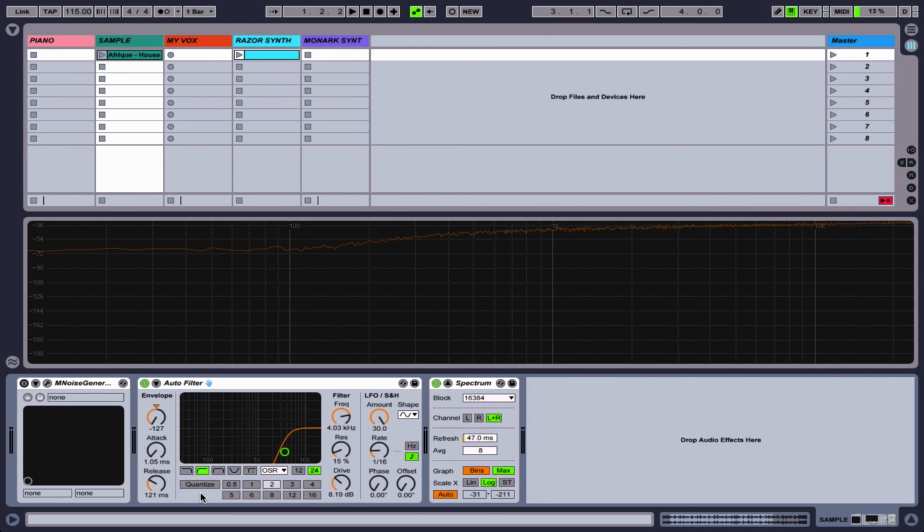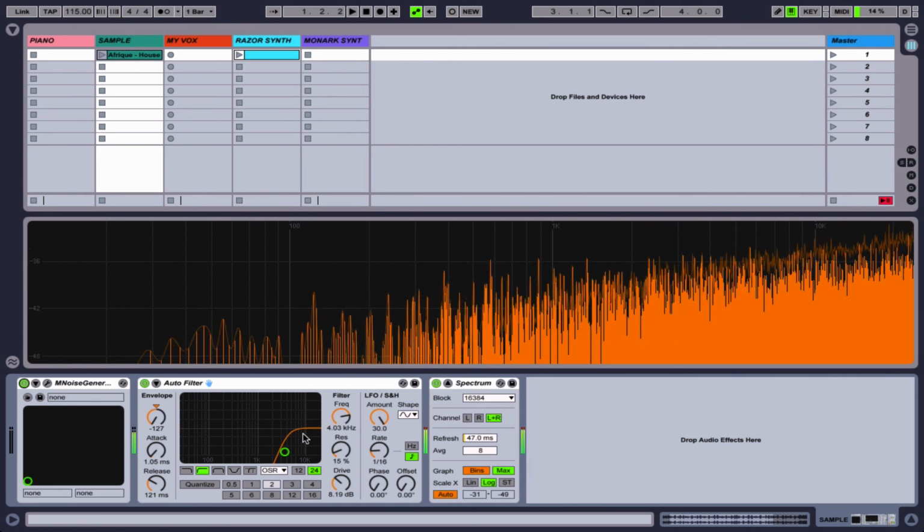And then you have this quantized feature, which is only really useful when you're playing something inside of the session. And what I mean by that is, so if I just turn on this white noise generator, you'll hear that this LFO, when I turn it up, it goes at a rate of 1/16th, but the quantized feature won't do anything. And then once I hit play, it'll actually start working on the sound. So if I turn this on,